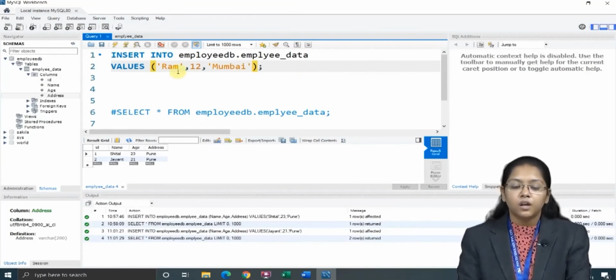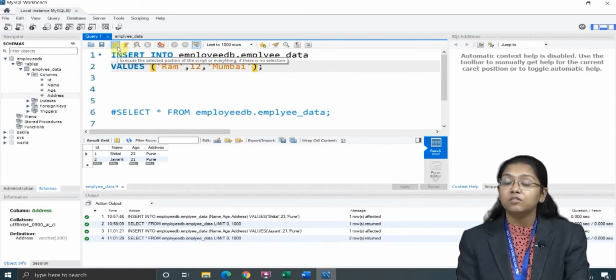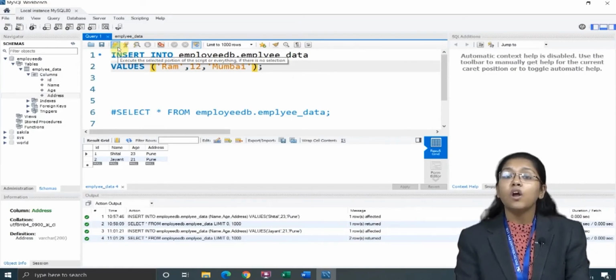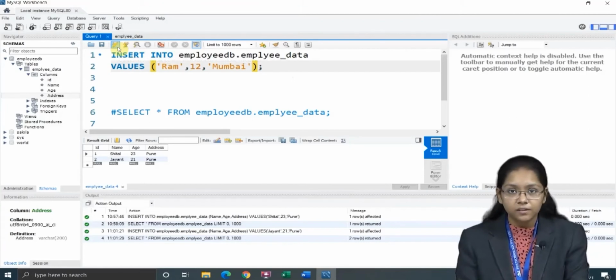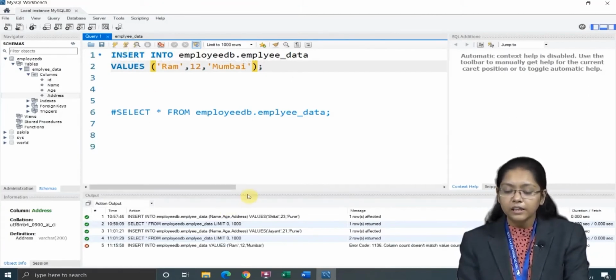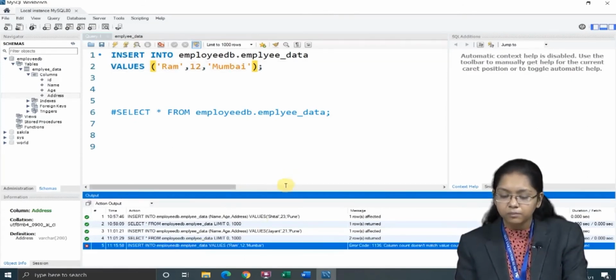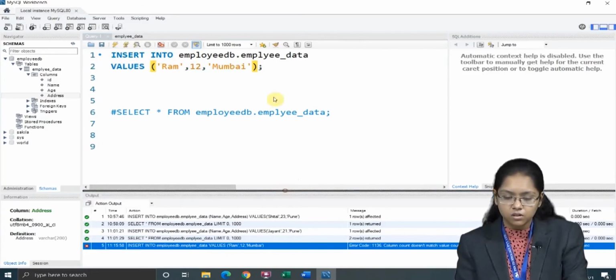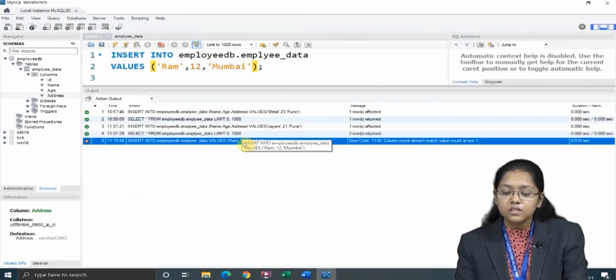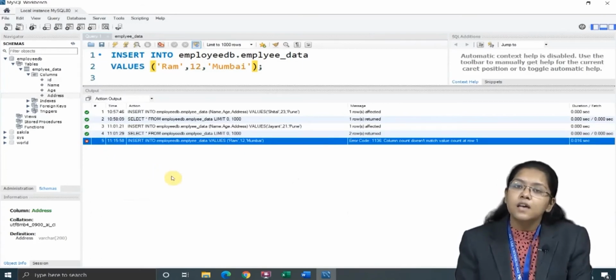I will fire this query and check whether it is successfully executed or giving me an error. Now here you can see a red line at the bottom. Let me zoom in. Yes, here you can see an error, meaning my query is not right, something is missing.